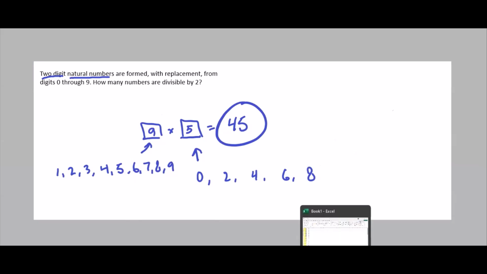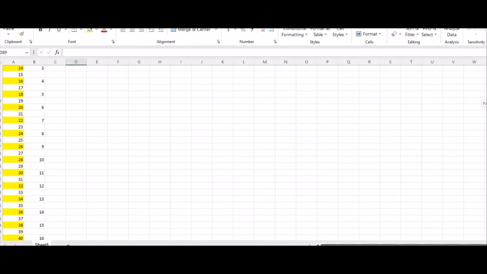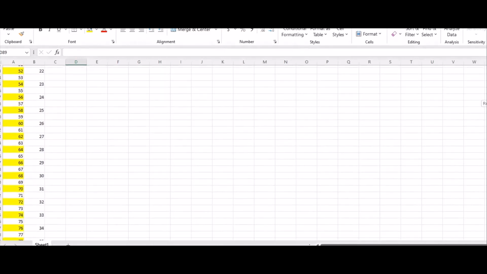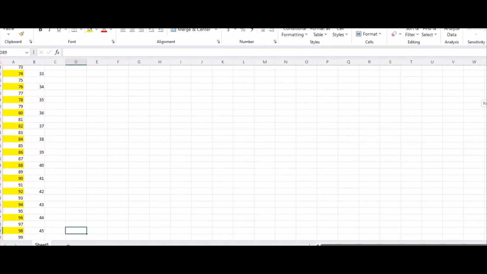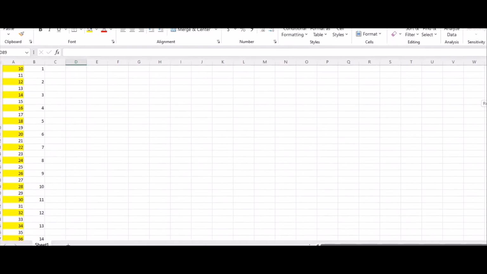Now, just to show you that this works, I went ahead and made up a spreadsheet ahead of time. I put in all my two-digit numbers from 10 to 99. I couldn't go above 99 because then I get to 100 and that'd be a 3-digit number. And I highlighted all of the ones that were divisible by 2. 10, 12, 14, 16, and so on. And you can see the numbers over here. Here's my first one, second one, third one. The ones that aren't highlighted are odd numbers, so they're not divisible by 2. But you can see I have exactly